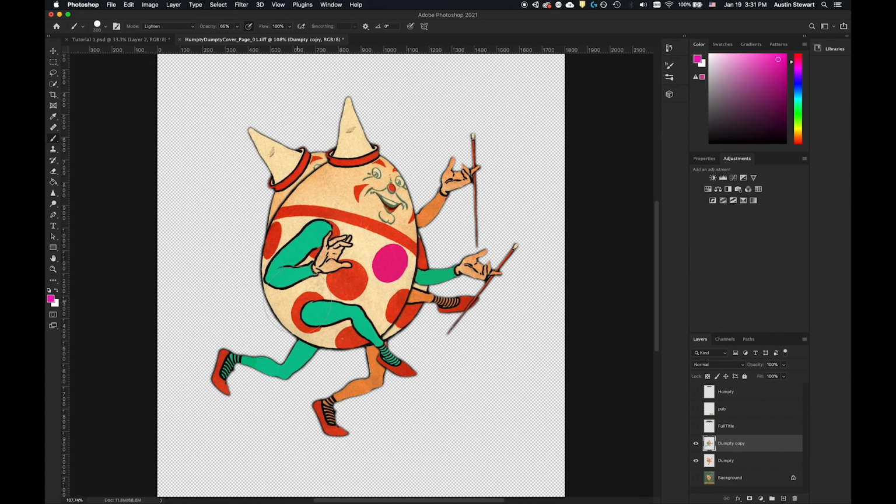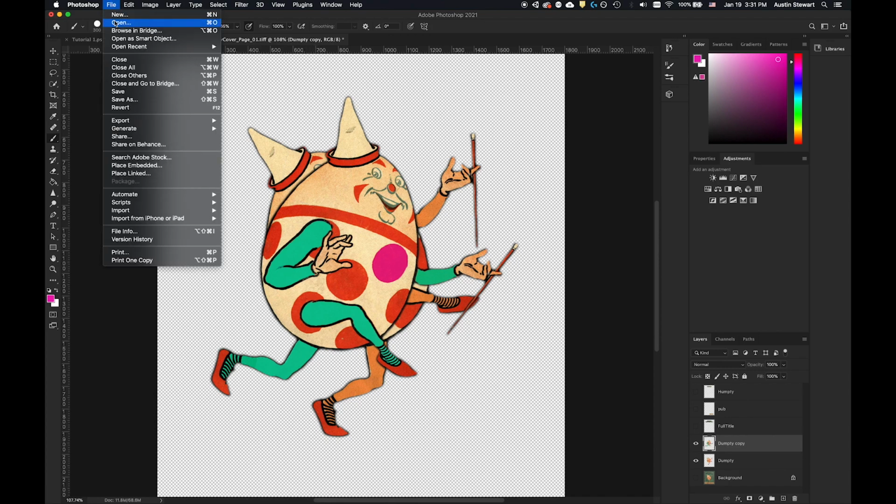Okay, so we've used selection tools to select out this complex object, to select out some more basic shapes. And now what we'd like to do is figure out how to get this layer into another file so that we can use it. You can use either the one that we've done this beautiful recoloring on, or you can use the underlying one. It doesn't really matter to me which you use. But what we need to do first is open the other file that we want to use. And so if we go to File and Open,